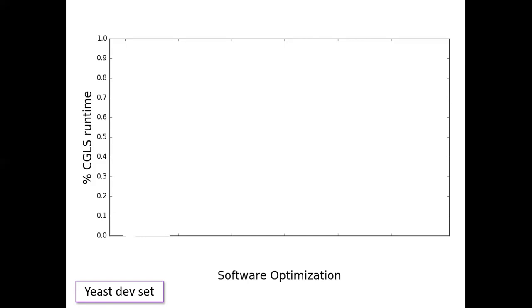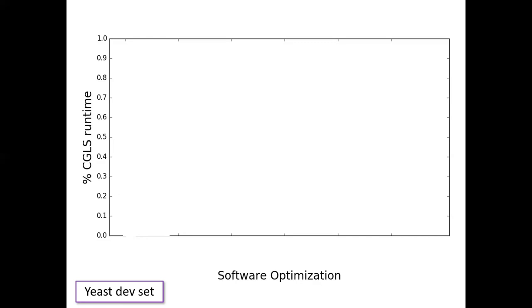So we're going to look at, on the x-axis, several development steps towards leveraging HPC architectures and making CGLS very fast. On the y-axis, we plot the percentage of runtime for the original CGLS solver. And this is for just a small development set. So let's say that you're given an algorithm,